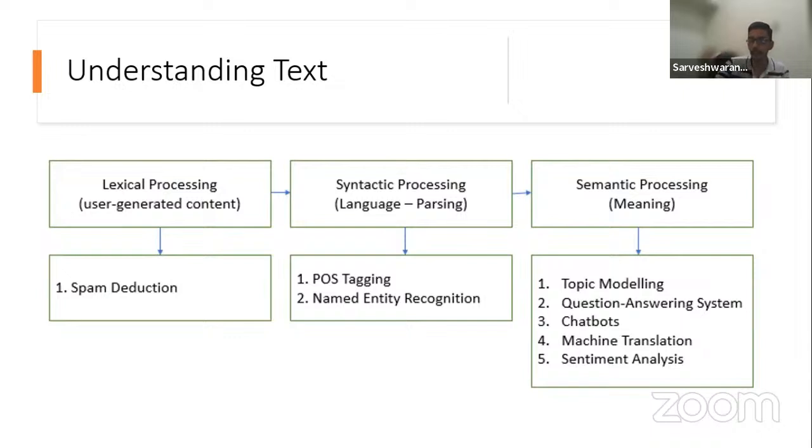The female and the queen or the king are not the same, so it should understand the semantics present there. The meaning of that word is obtained using semantic analysis. That's where the famous examples like machine translation and chatbots, like I mentioned, come in. So the scope of semantics is far more advanced than lexical processing and syntactic processing.